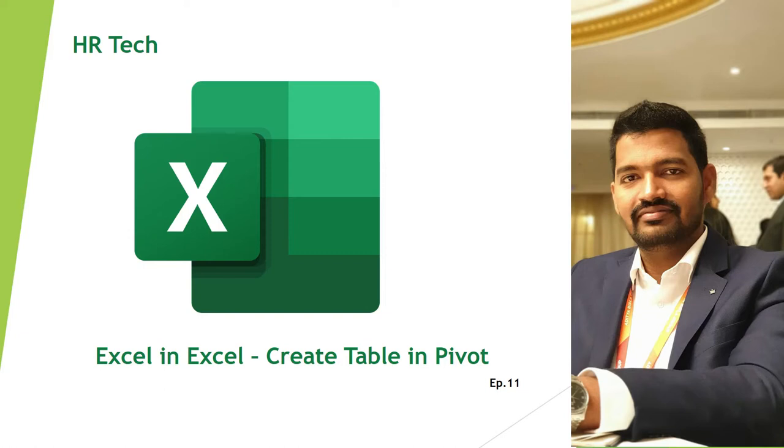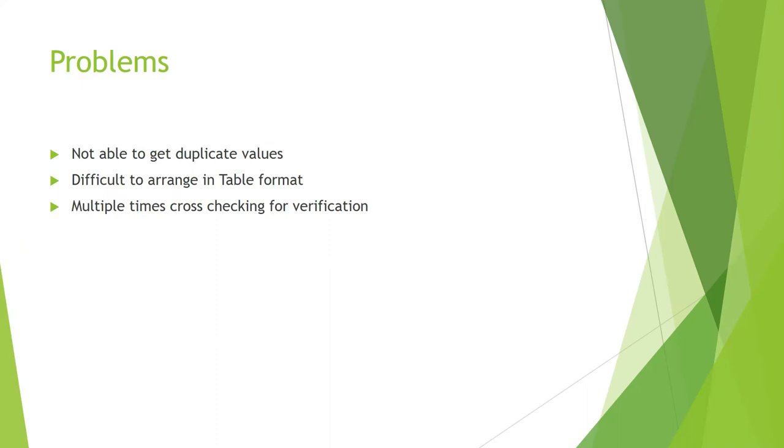Today we are going to see a very simple solution for something very difficult to arrange in a pivot table. For example, we have a lot of data. Usually we face issues like not being able to get the duplicate values, and it is difficult to arrange the tables in a proper table format. For example, it is bulk data with a lot of duplicate data, and we are not able to arrange it in the proper table format